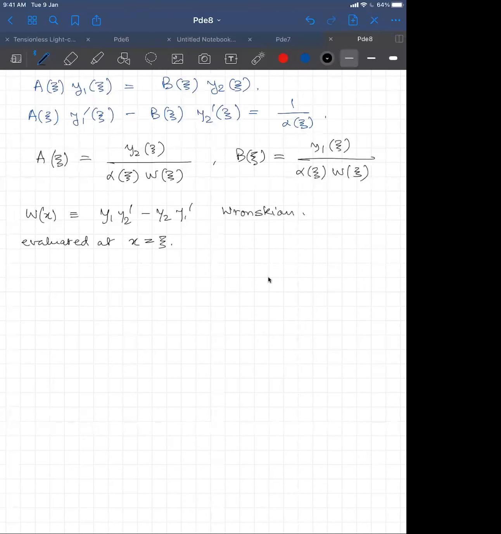So to conclude, the solution of L of G is equal to delta of x minus psi, obeying the boundary conditions G of A psi is equal to G of B psi is equal to 0, is given by